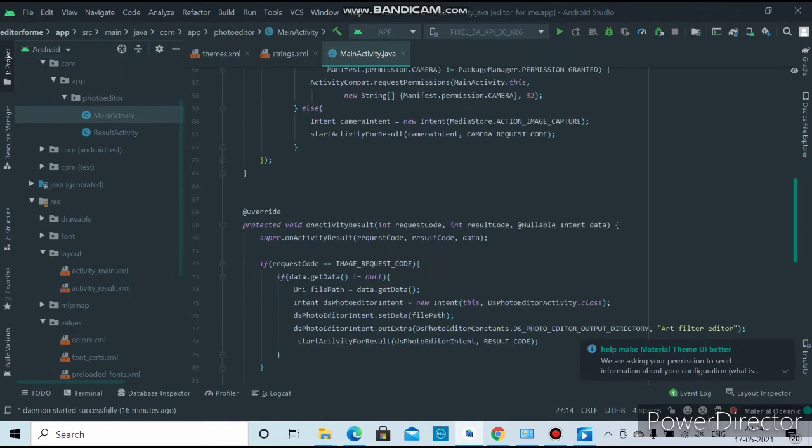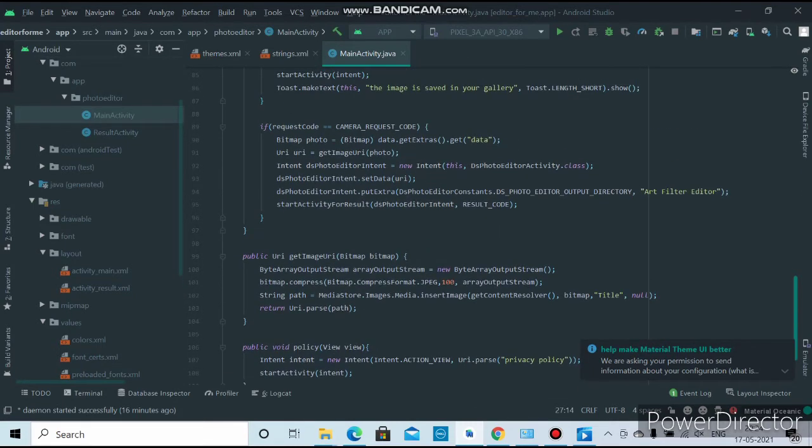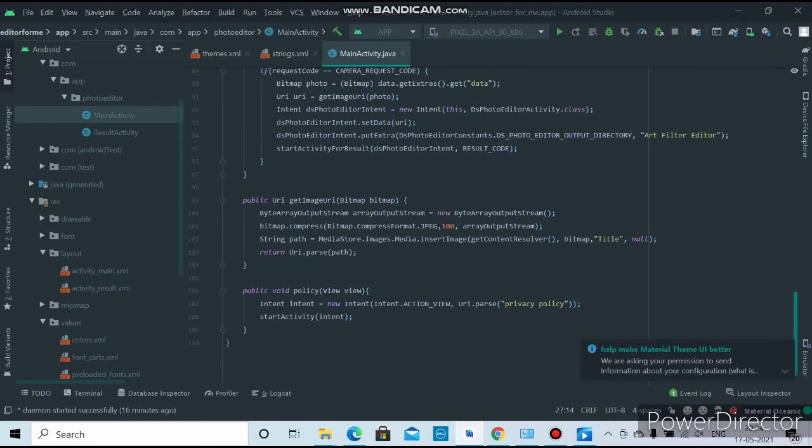After clicking on main activity, you want to scroll a little down, and here you can see privacy policy. Inside that double quote, you want to paste your privacy policy link, which we will generate now.